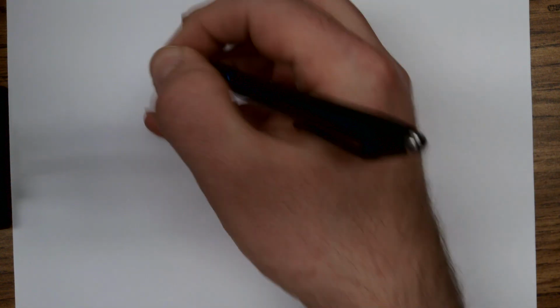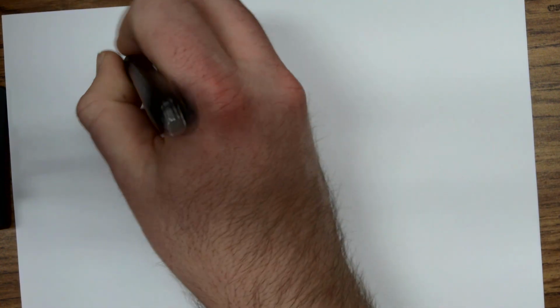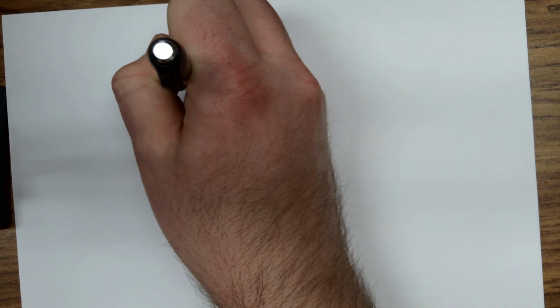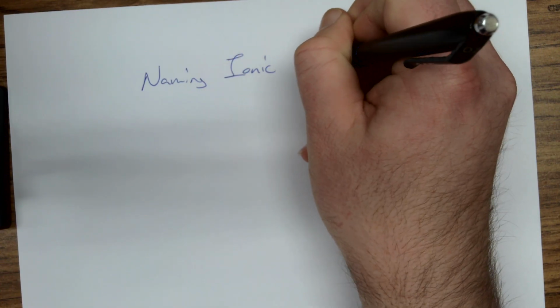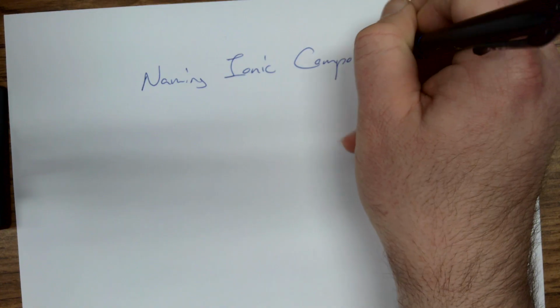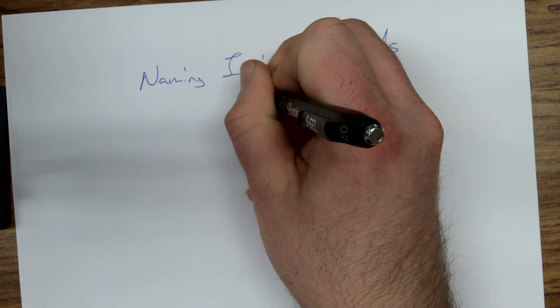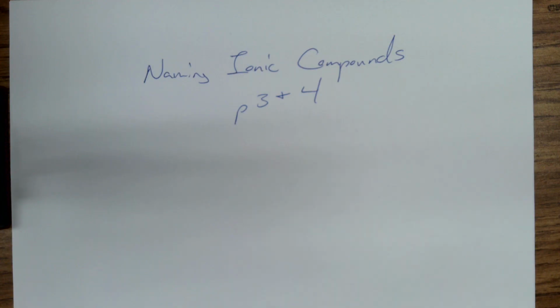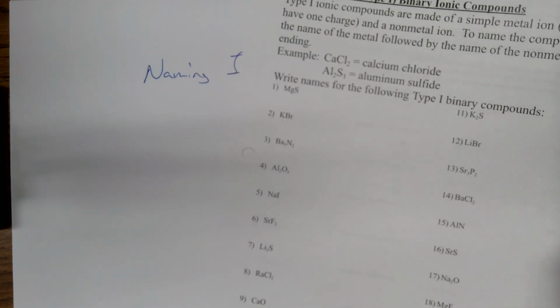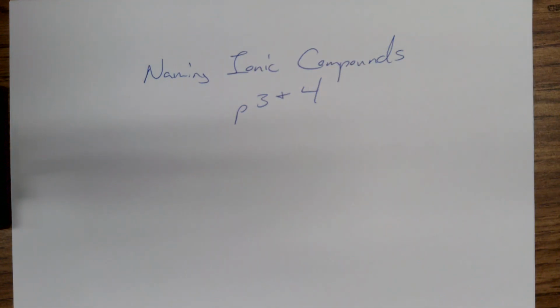So, here we are. We're looking at naming ionic compounds, pages 3 and 4. Now, last time, we did page 2 first,